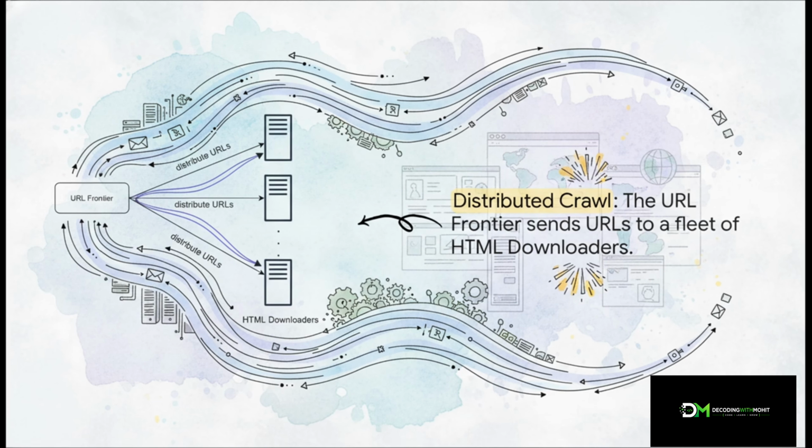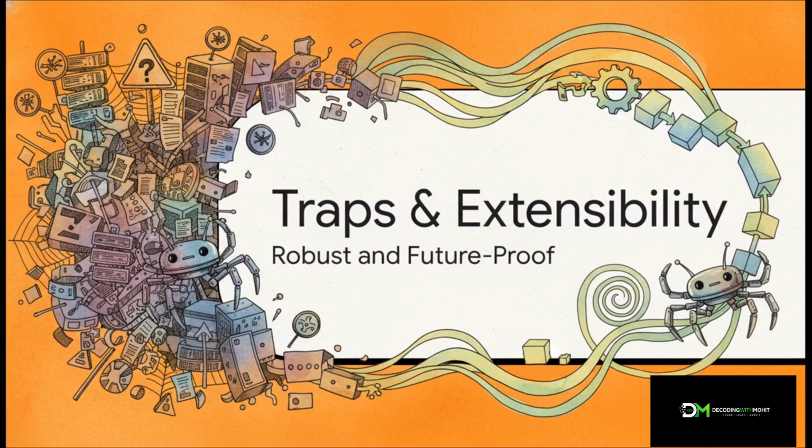Instead of just one downloader, our URL frontier acts like a dispatcher, sending jobs out to a whole fleet of hundreds, maybe thousands of machines. This is how we go parallel. This is how we achieve that massive internet-level scale. Okay, for our last section, we need to talk about some real-world problems. We need to make our bot robust enough to handle the messy, wild west of the web, and also flexible